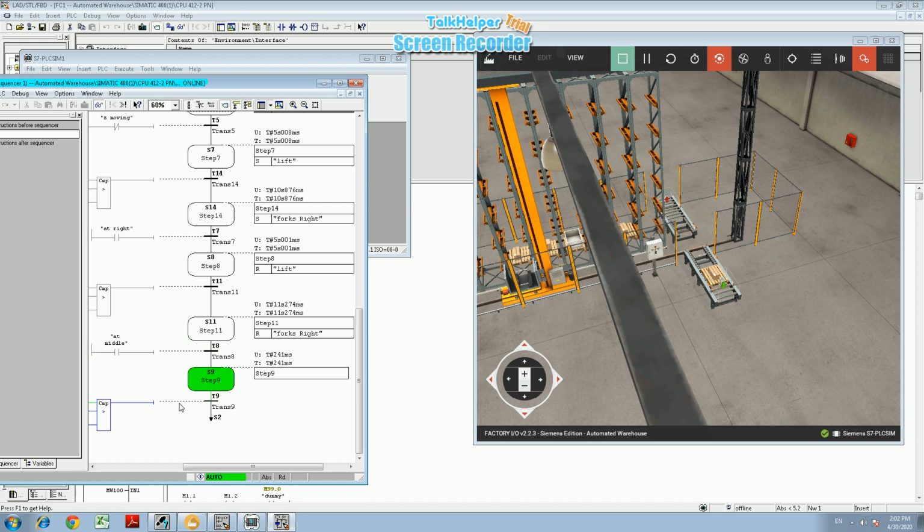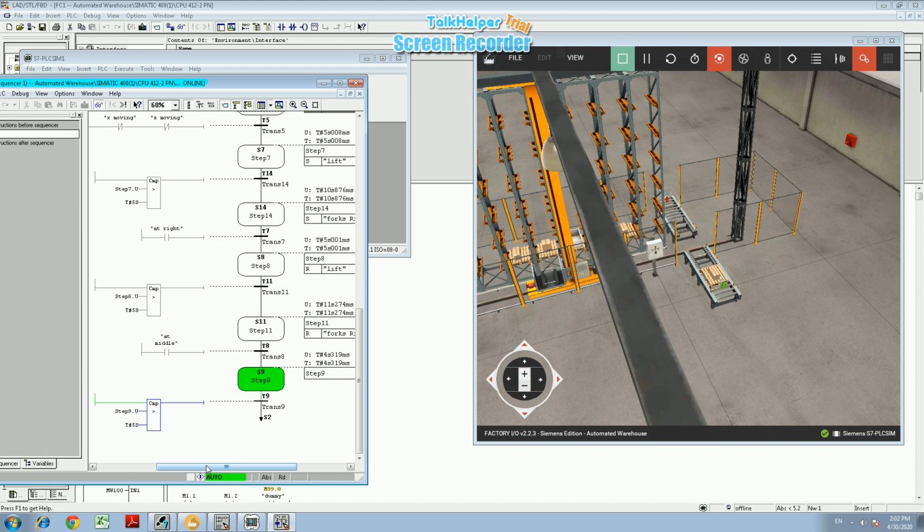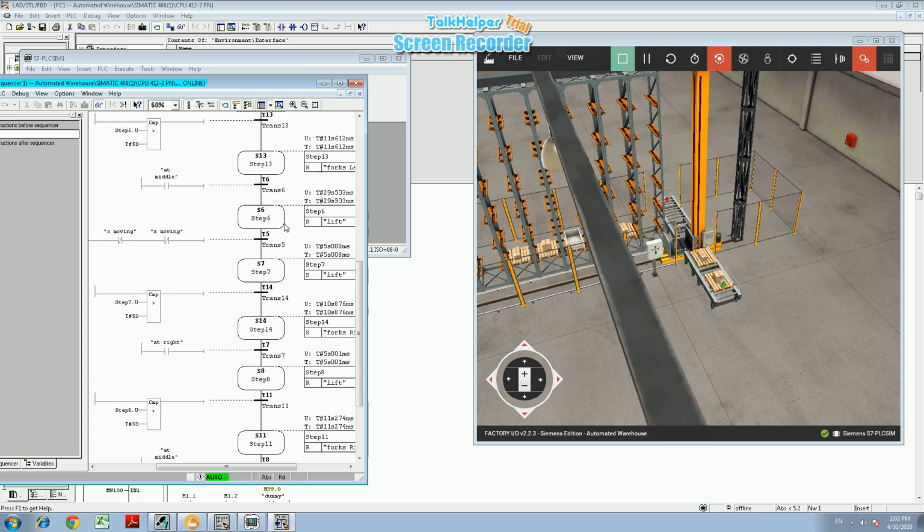For the home position to have another pallet. You can see another pallet is approaching, and that whole crane is going to the home position. One thing we have to see, after step number 6, when it is in step number 6,